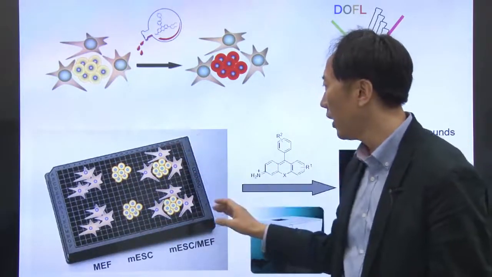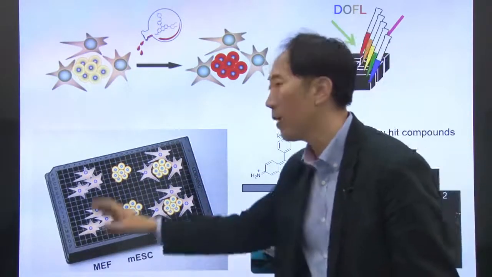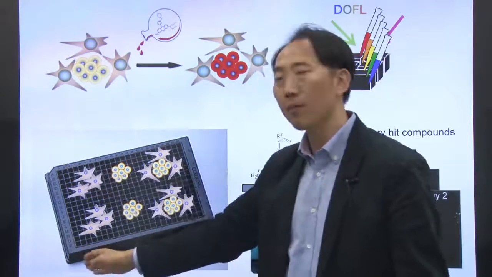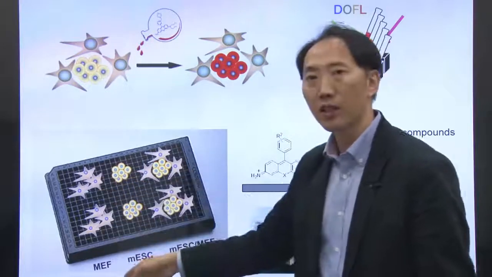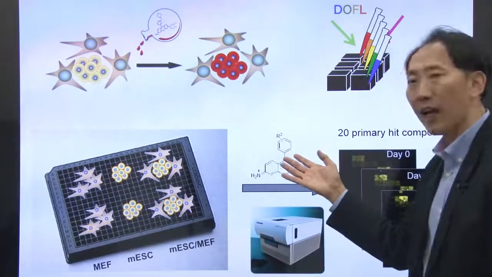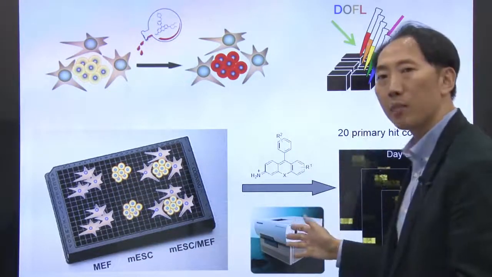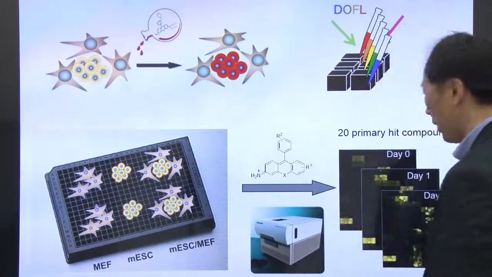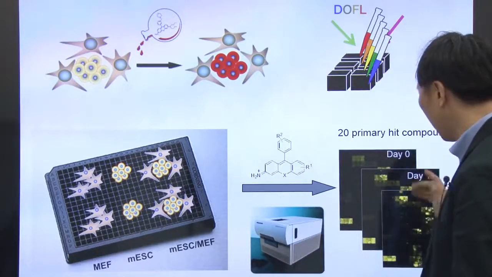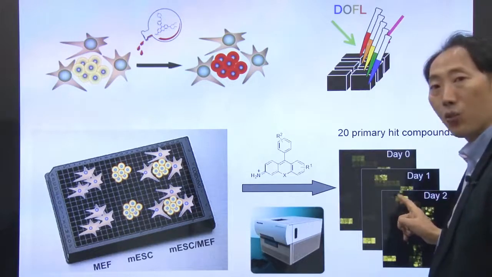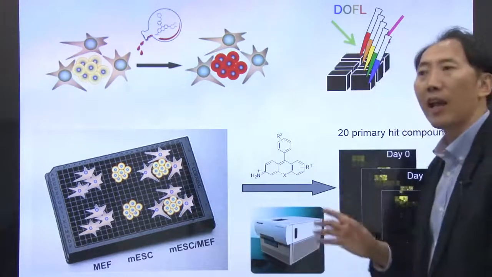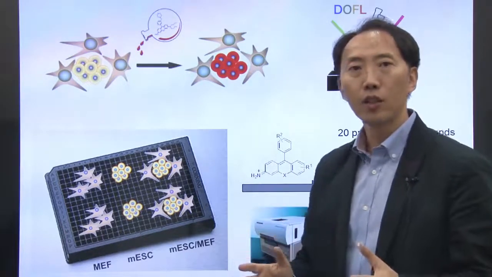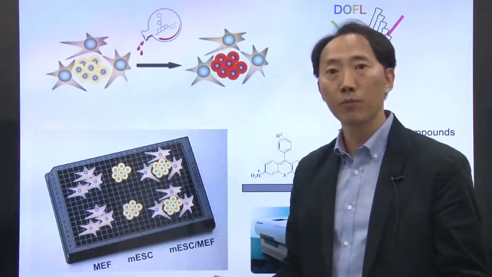Maybe you can use this kind of very small plate I showed you. This is a 384 plate, and the first column is non-stem cells, the second column is stem cells only, and the third column is a co-culture. By adding the same amount of dyes, you can take images with a high speed camera. In these images, if only the first column is weak, and the second and third, which have the stem cells, are brighter, then these compounds have a chance to be stem cell selective probes.